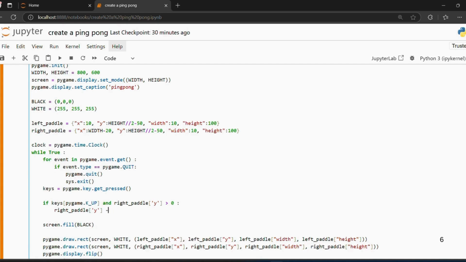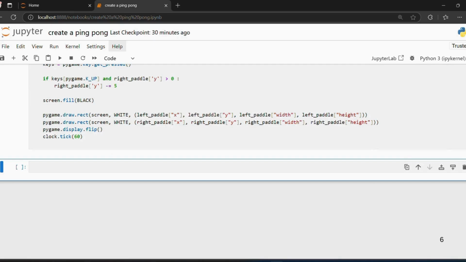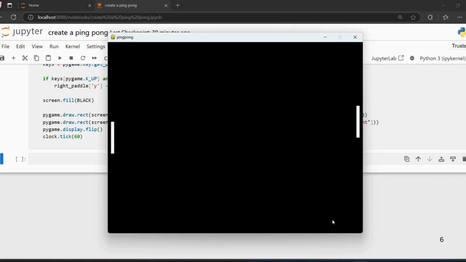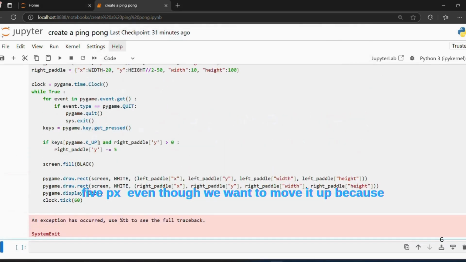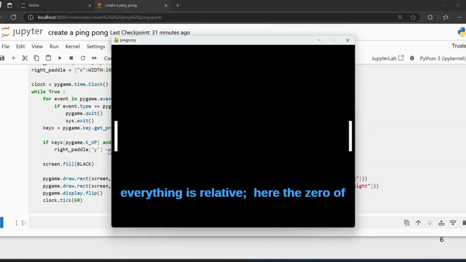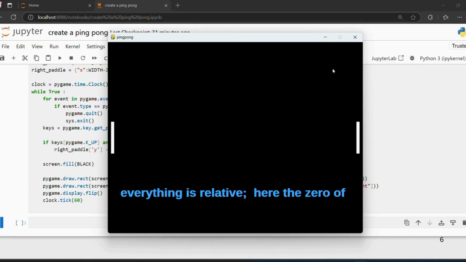So we'll subtract 5 from that. And it works. You know why we selected 5 even though we want to move it up? Because everything is relative. Here, the 0 of y is on the up, so we subtract to move to its